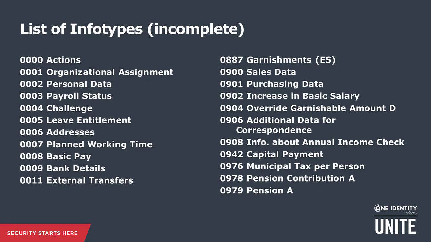The list of information stored in the SAP HR is complete and contains more information than needed in an identity access governance system. We don't need to know an employee's bank details or basic pay or payroll status information. This is relevant for HR operations, but not from an IGA perspective. Some others, on the other hand, might be interesting depending on the customer's requirements, like leave information, etc.